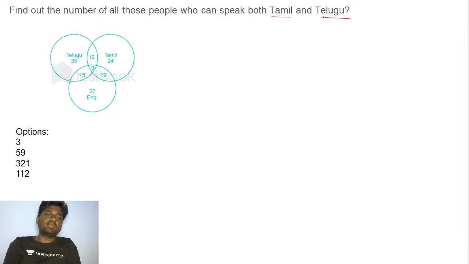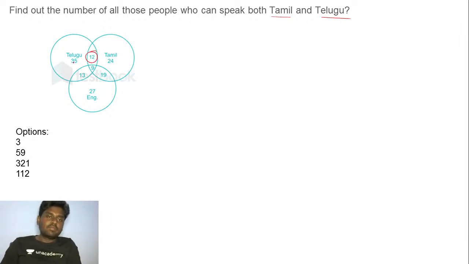You need to find the number of people who speak both Tamil and Telugu. So the options are actually,